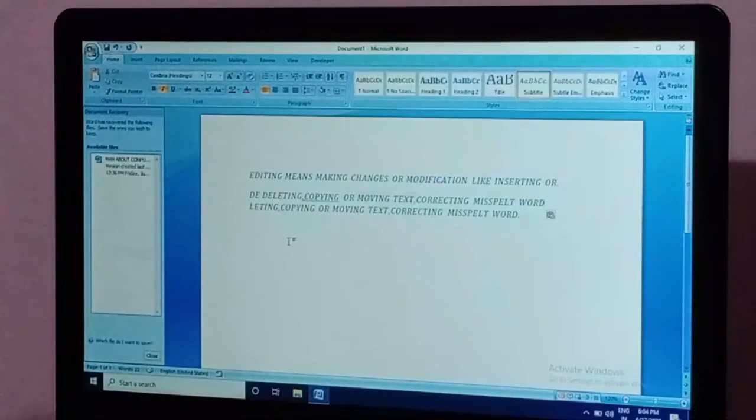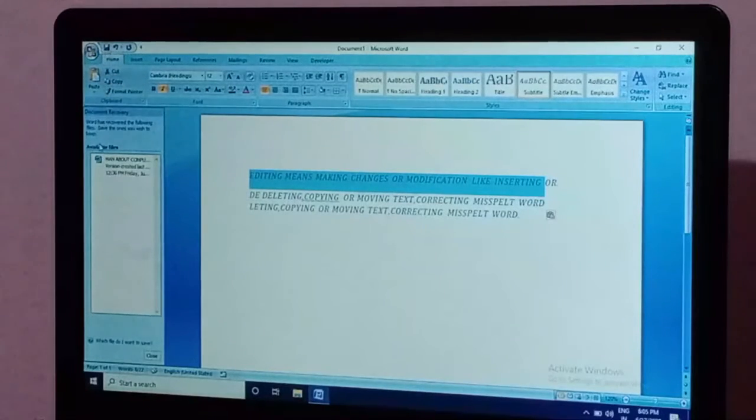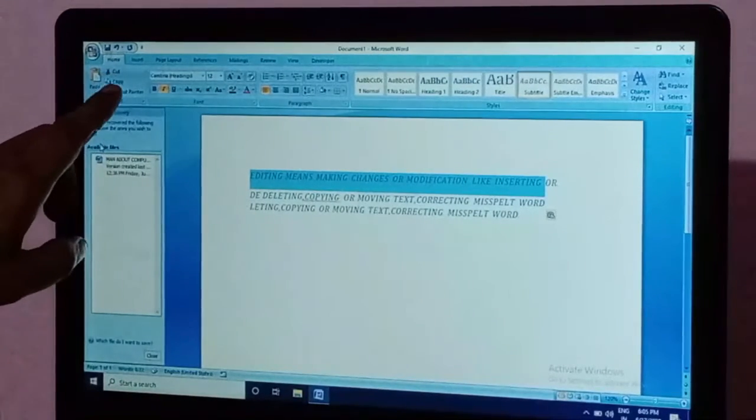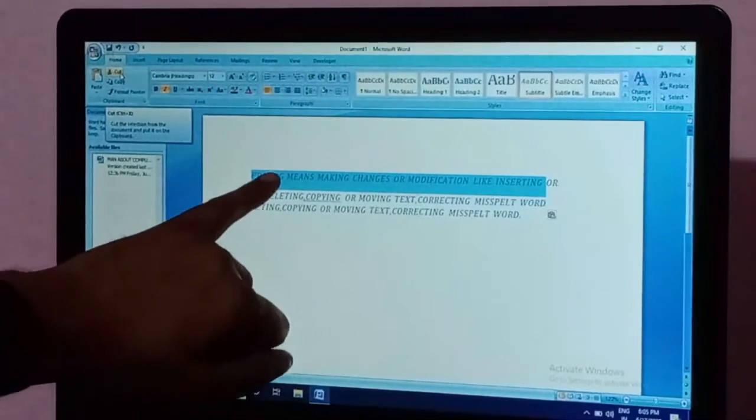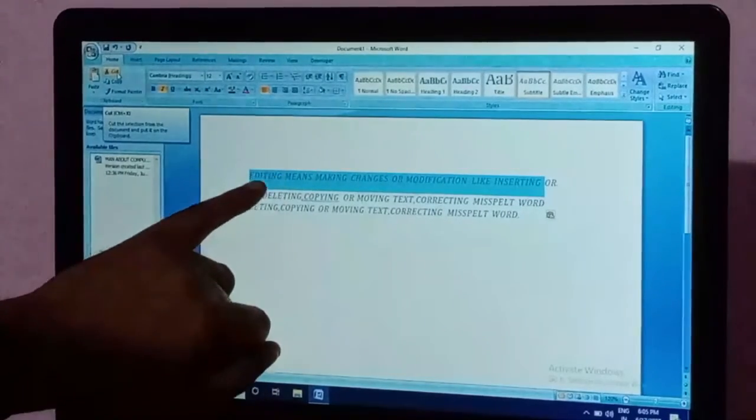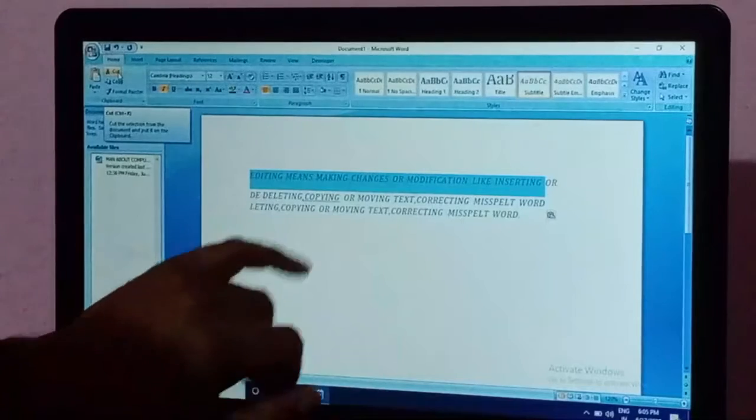The second option in moving the text is the home tab. Suppose this particular sentence is moved to here. Just select all of the sentence and go to the home tab. There are many options in front of you: cut, copy, paste. Suppose I write this sentence here, and the same sentence is applied in another place.